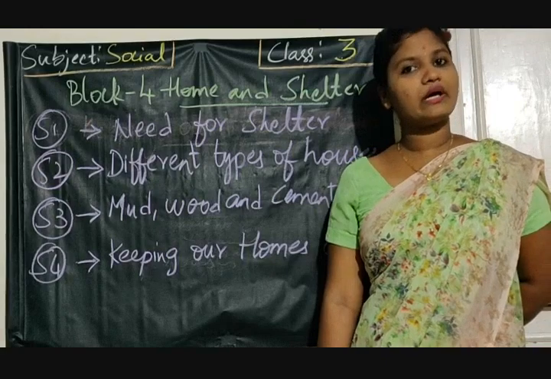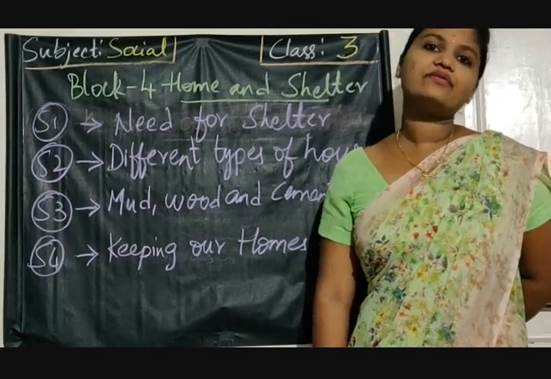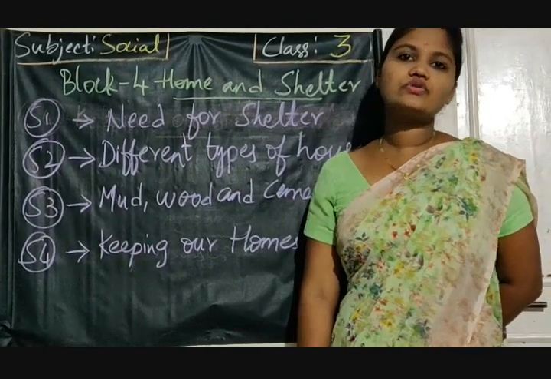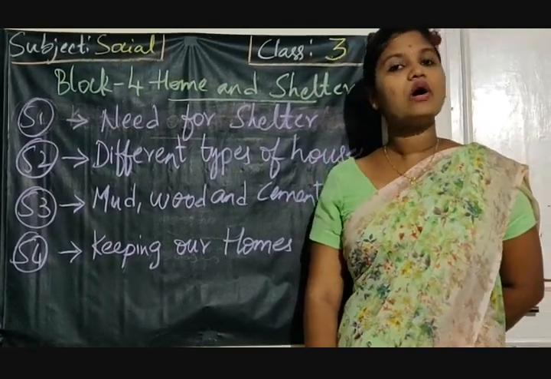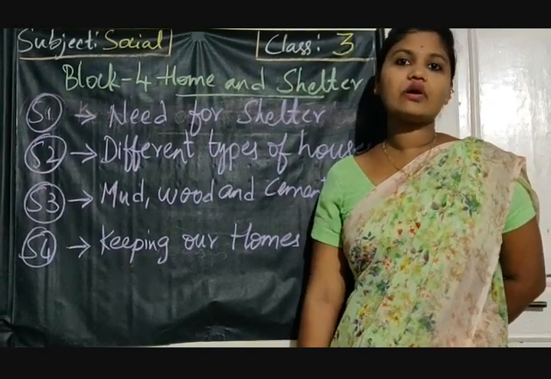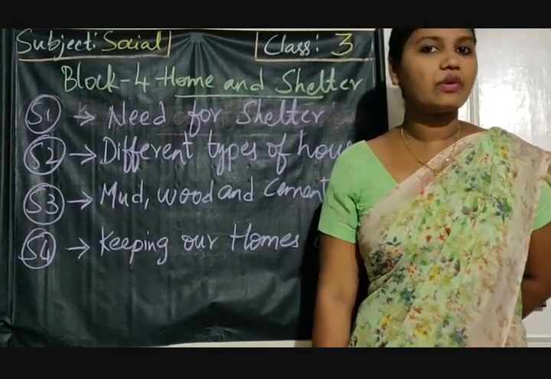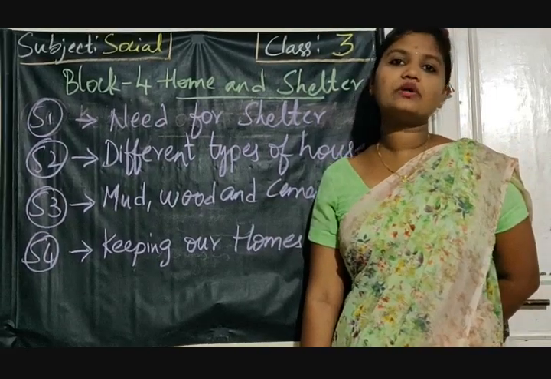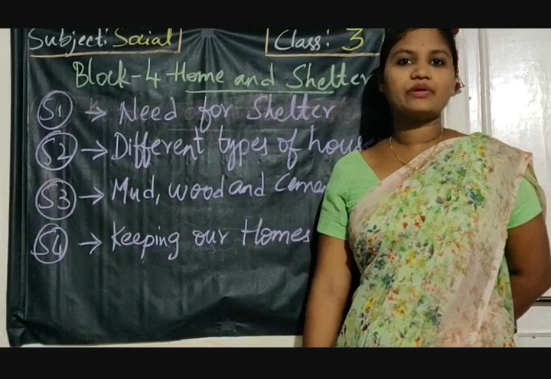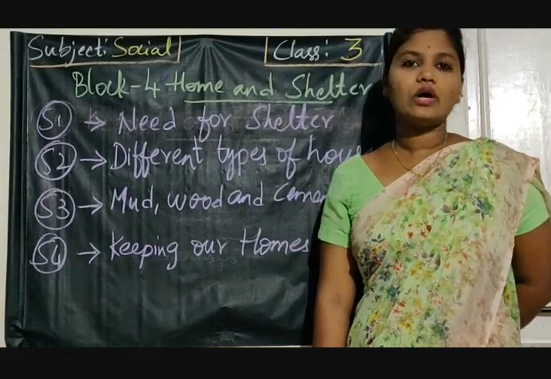And what is the fourth one? It is a caravan. A caravan is also a temporary shelter, a temporary house. It is also used to move from one place to another place. A caravan moves on wheels on the road. And what is the fifth one? It is a houseboat. A houseboat moves on the water. Yes, so it is also a temporary house which moves on water.